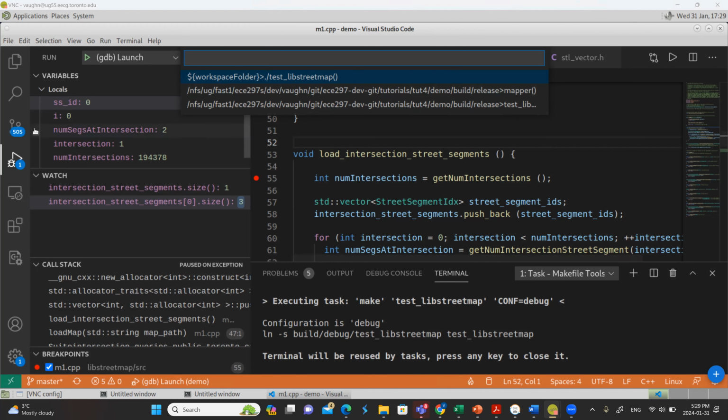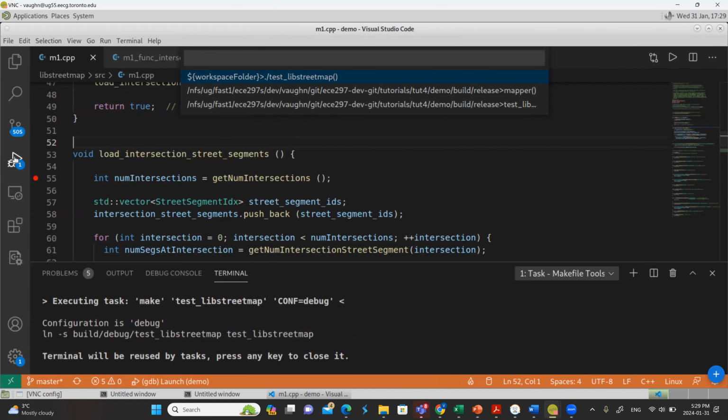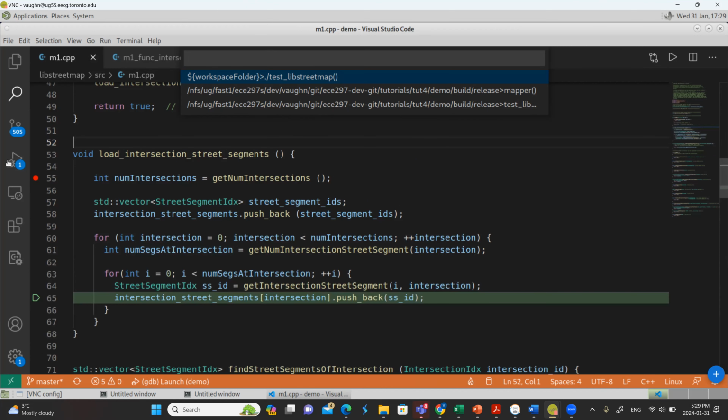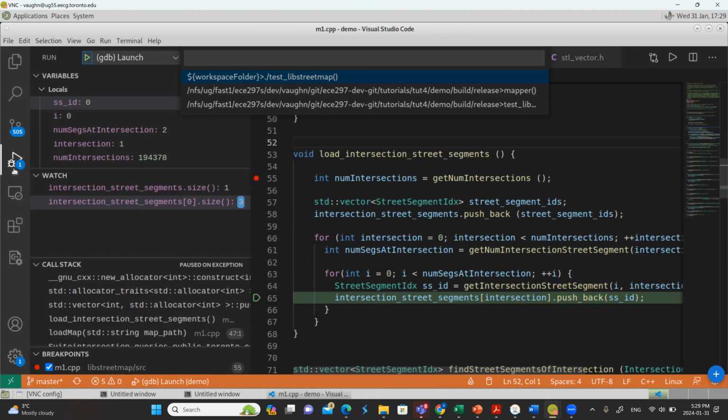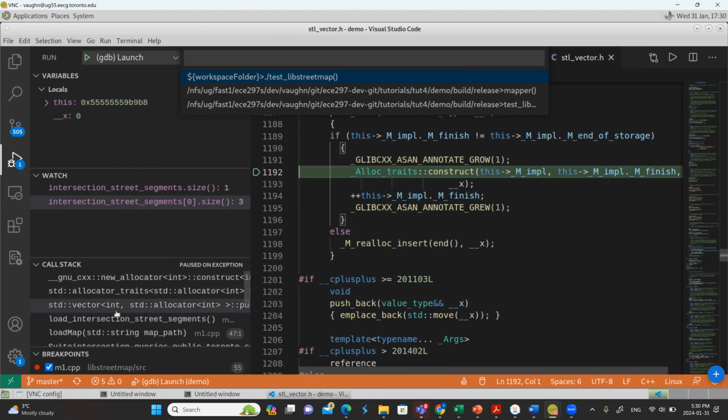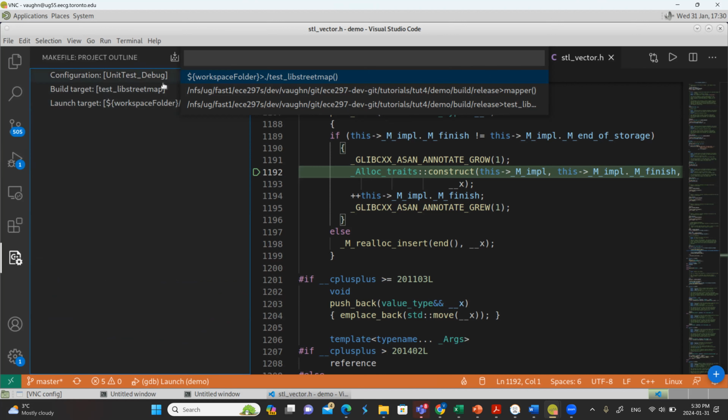All right, let's go over here to the debugger settings and get rid of that. I want to get my controls back for launching the debugger, but I can't find them right now.